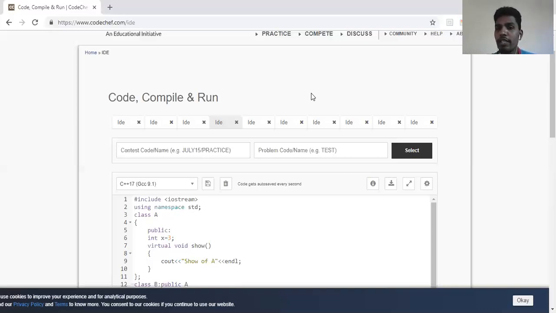So function overloading is function with same name and different signatures. Operator overloading, as you know, operators are meant to be working on data types. But when we ask them to work on objects, it throws an error. So I need to overload the operators and make them work on objects. So that is called operator overloading.